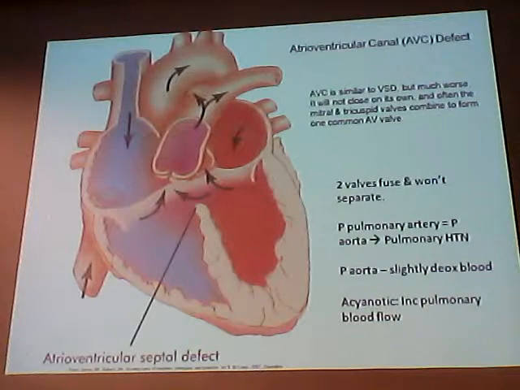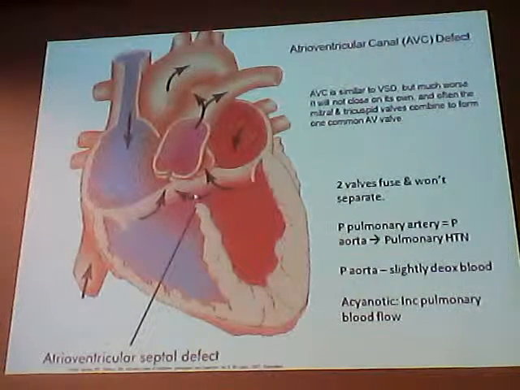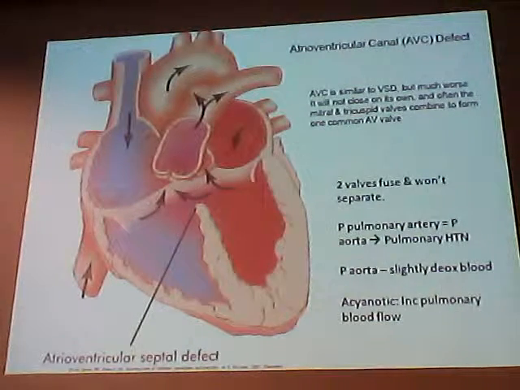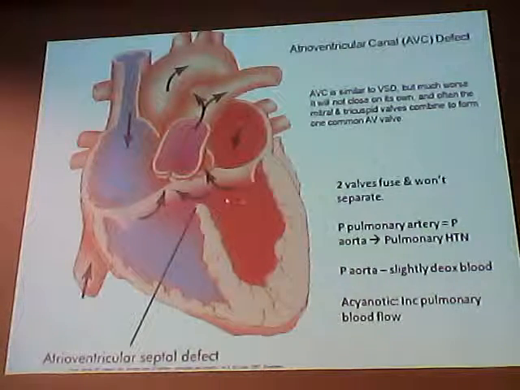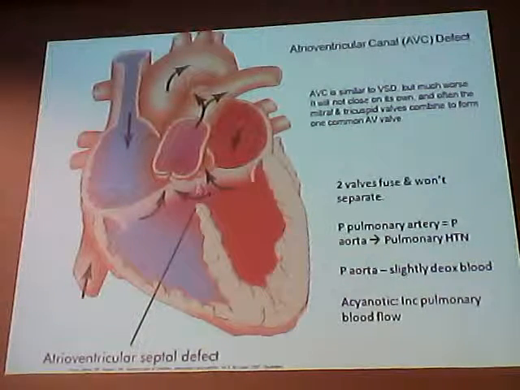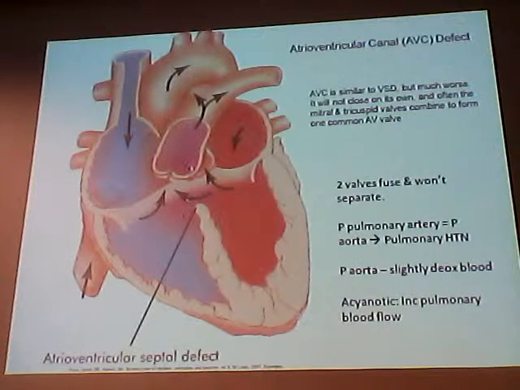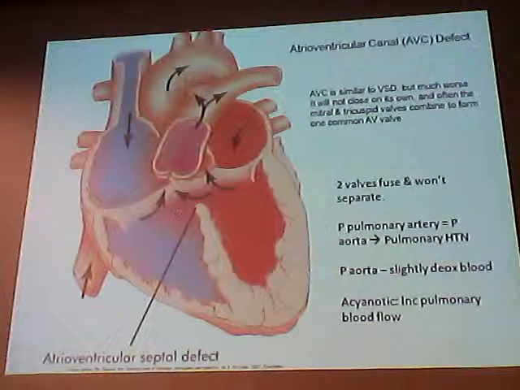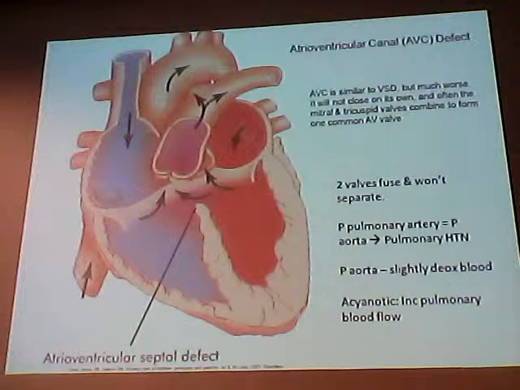So typically the atria and the ventricles are supposed to remain separate, but for some reason the blood can mix here. The two valves actually are fusing and they won't separate, and so the blood can go out and mix